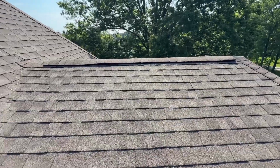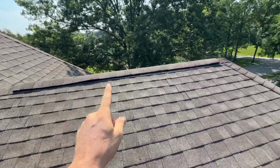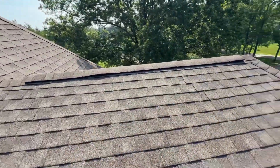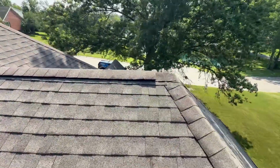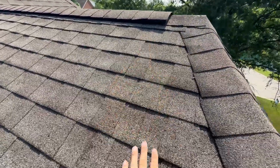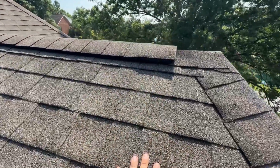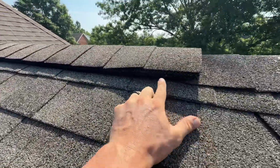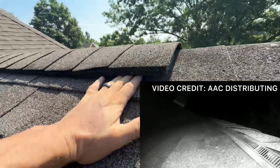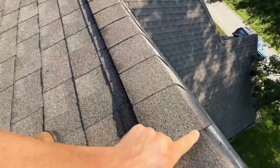First thing we're going to dive into, and probably one of the most common entry points we see for the bats, is what is called ridge vent. This is that black strip that runs across the peak of roofs there. The problem with ridge vent is there are areas where it becomes lifted off the shingle, like this. And what the bats will do is they'll fly around, land on the shingle here, and scurry on up to an area just like this, where I can get my fingers in. The bats will slip right up under that ridge vent,